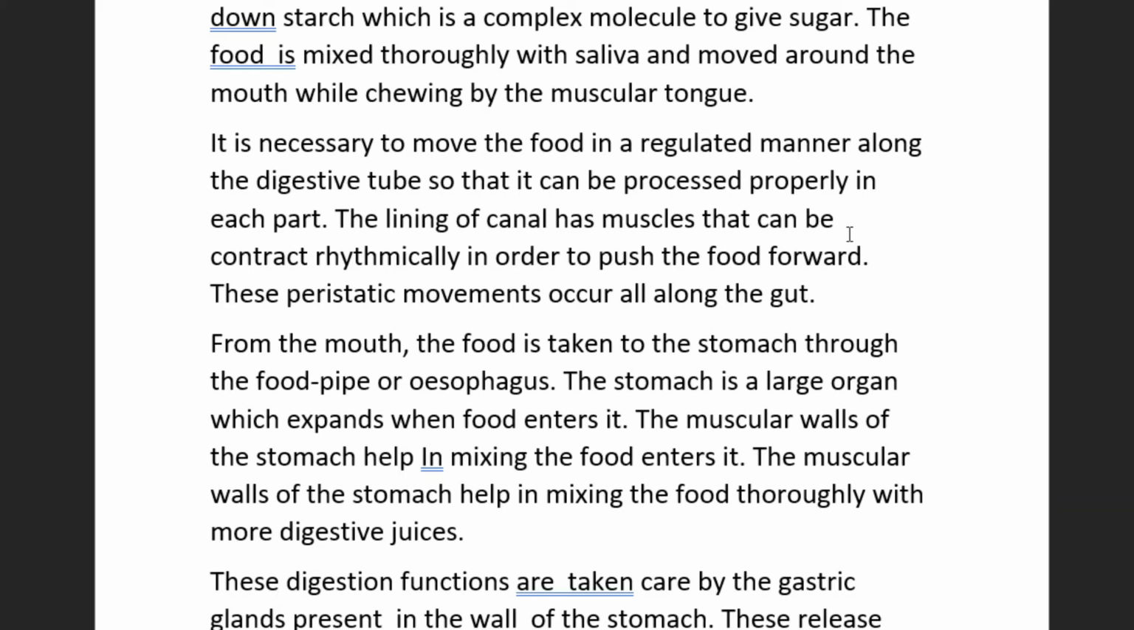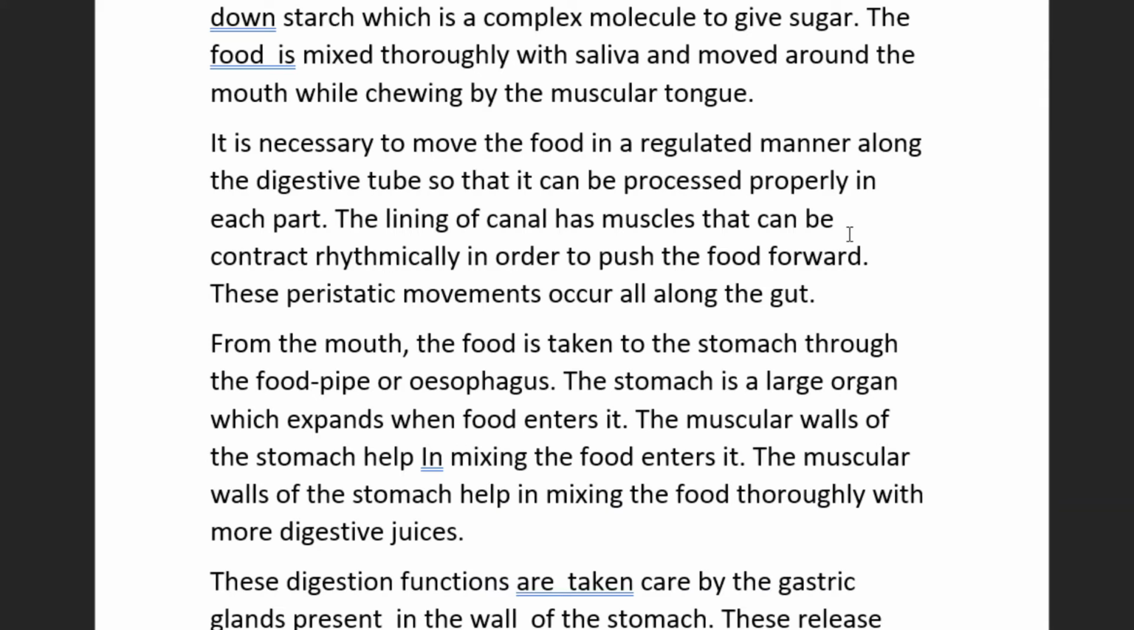And from the mouth the food is taken to the stomach through the food pipe, or it is called esophagus also. And the stomach is a larger organ which expands when food enters into that, and the muscles of the wall of the stomach help in mixing the food which enters into it, and the muscular walls of the stomach help in mixing the food thoroughly with the